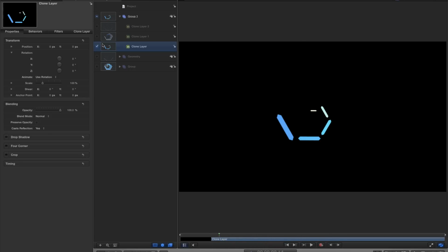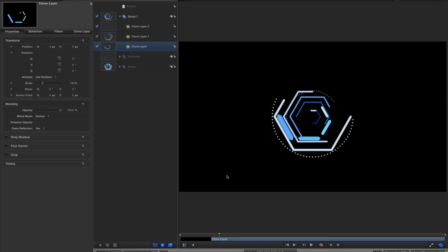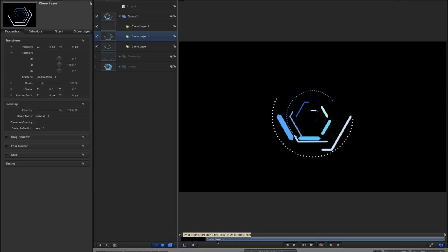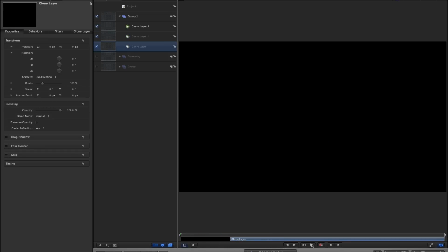So let's just turn on the other two. And what I want to do is I want to have these circles begin at the beginning. I want to have the thinner one, which is the second one down, start at around 10 frames. So I'm moving that along the mini timeline, so it starts at 10 frames. And the thick one I'm going to move along so it starts at, say, 18 frames, something like that. Not critical. And now let's have a look at it.